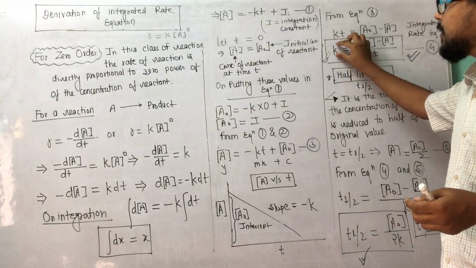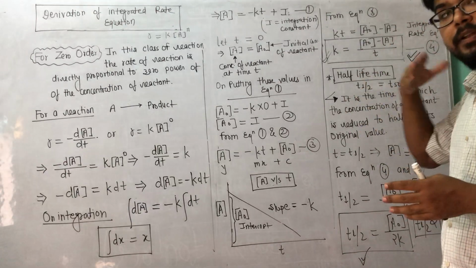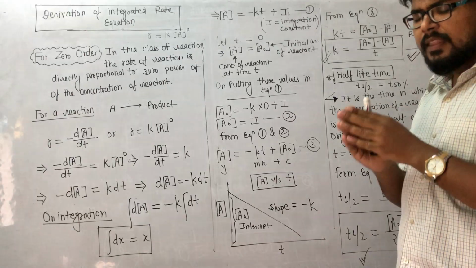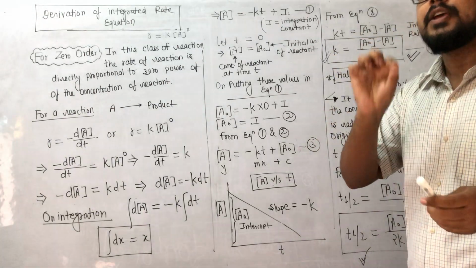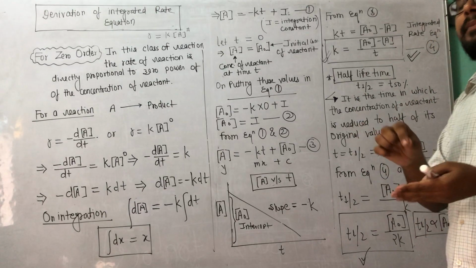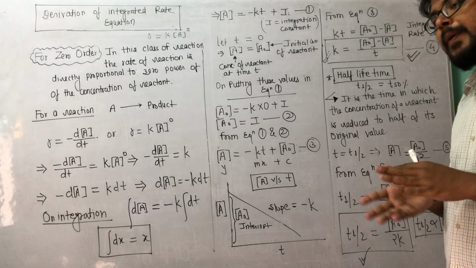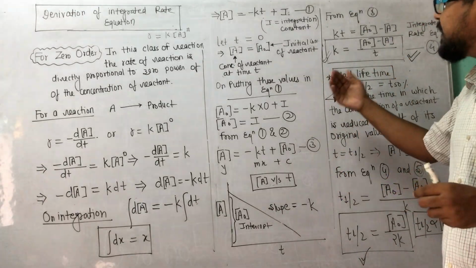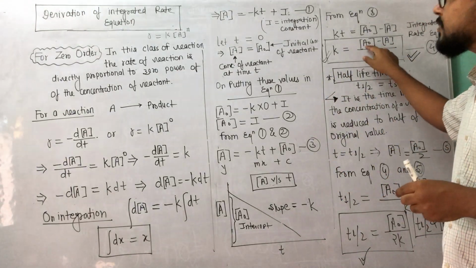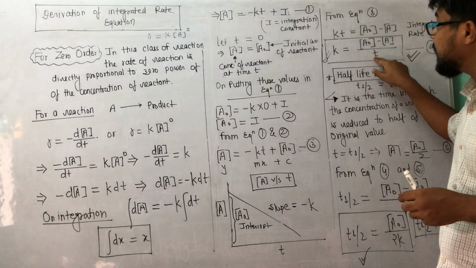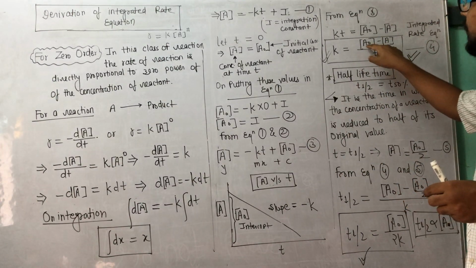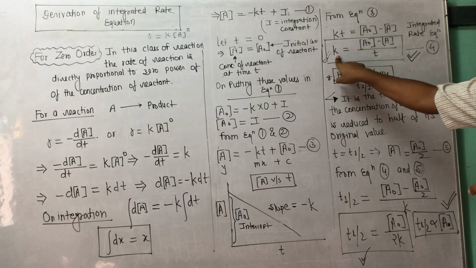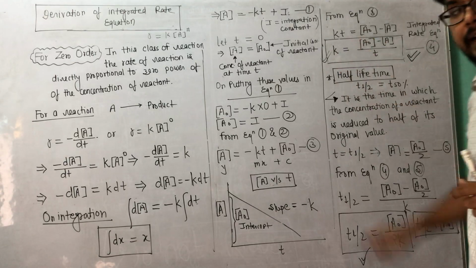Suppose he asks for the unit of rate constant, and he will give the time, and give something like: initial concentration of reactant is 2 molar, after 10 minutes its concentration decreased to half, or its concentration is now 1 molar or 1.5 molar. So what will be the unit of rate constant? The initial concentration is 2 molar. After 10 minutes, it is 1 molar. So 2 minus 1 is 1, and time is 10. So the rate constant value will become 1/10, that is 0.1.